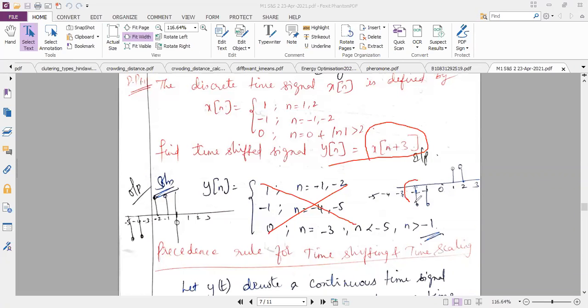Now listen to the original diagram. My original diagram's extreme left is at minus 2. So let me shift that 3 positions towards the left. Minus 2 will come to minus 5, minus 1 to minus 4. Can I completely shift all the samples in that way? If I locate the first point, then I can move the complete patch. So my first sample is at minus 5, the second sample at minus 4, then at minus 3 I have 0, at minus 2 I have 1, and at minus 1 I have 1. You can see on the left hand side I have drawn the solution. See whether you are understanding it or not.